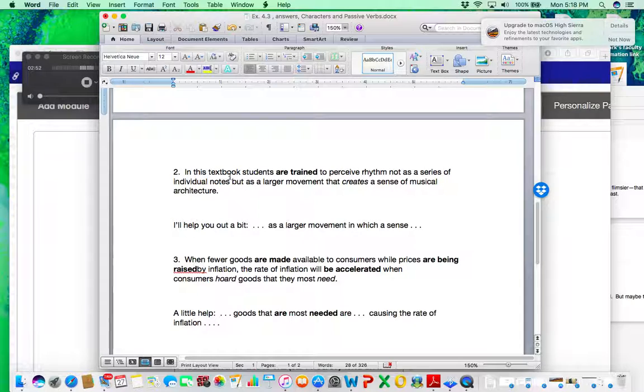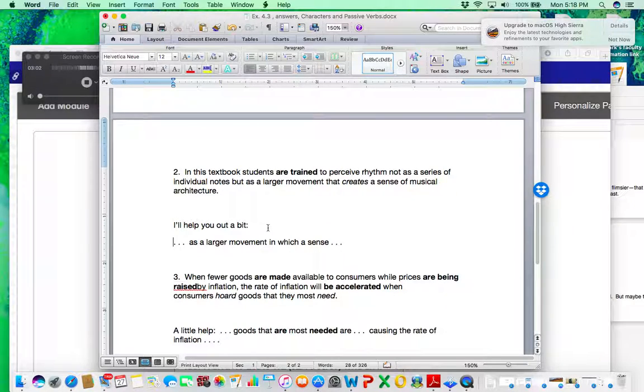So the problem is it says students are trained. Well, who or what are they trained by? We could make something up like teachers, but we've got the textbook here. So what I thought is we can start out with the textbook. So we say the textbook, and now we can put this into the active: trains students. Make that into the active, yeah, like that. Trains students